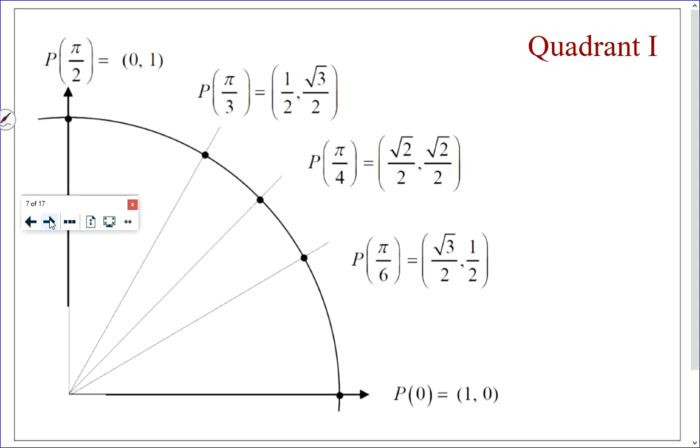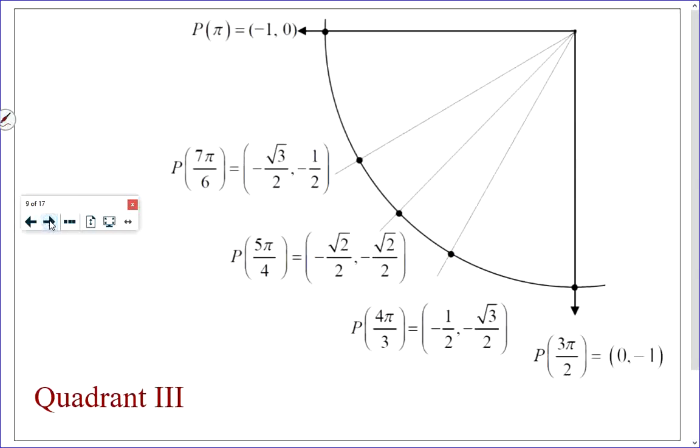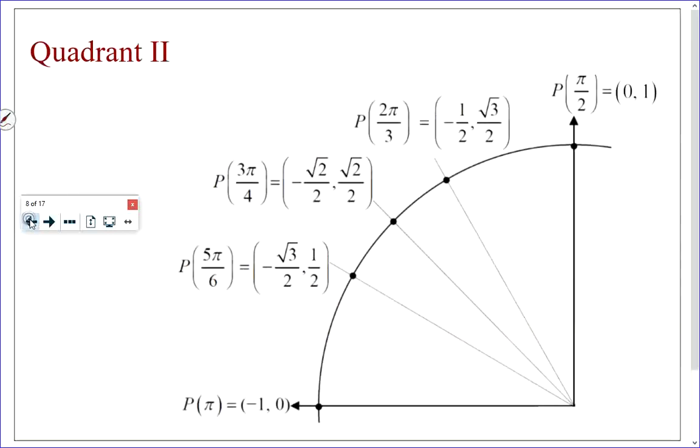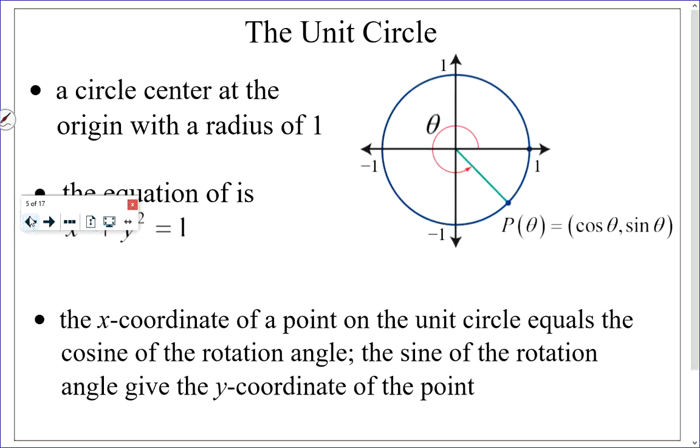Because if I'm telling you you need to know the coordinates of these points, and I'm telling you that the x-coordinate is cosine, then you need to know the cosine. So if I say to you, what is the cosine of 11 pi over 6, the answer is root 3 over 2, because when you get around to 11 pi over 6, which is right here, kind of in the center of your screen, you can see that the x-coordinate is root 3 over 2. But going back to this point at the bottom of your screen,